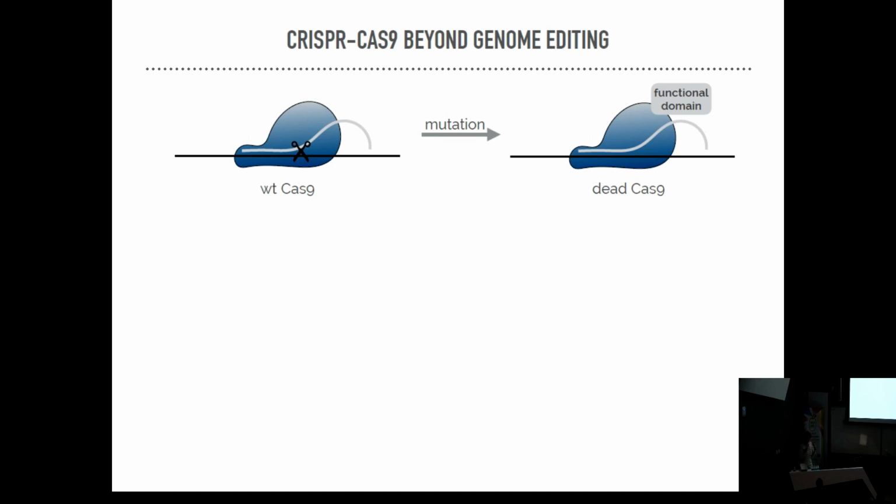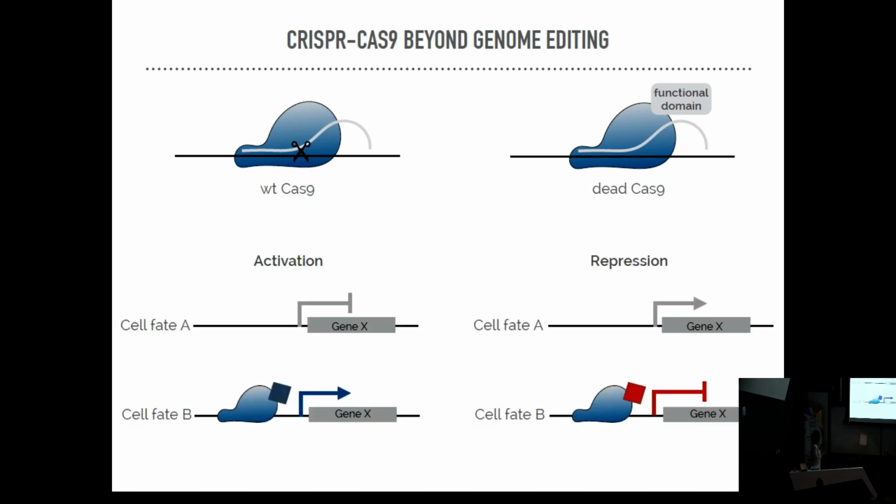So you can mediate activation of the gene, or you can mediate repression of the gene. For example, if we have a cell fate A in which the gene X is not expressed, you can drive your Cas9 to the locus, use a Cas9 with an activation domain fused to it, and reactivate the expression of that gene. So you don't provide the cells the sequence, you just tell the cells, express the gene that you already have in there, and it's the same for repression.